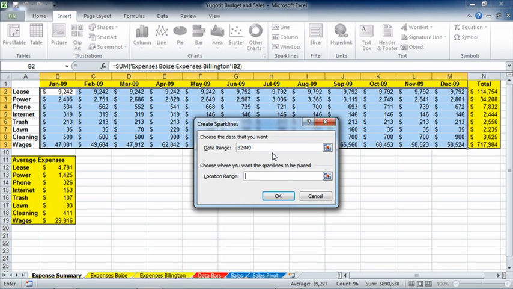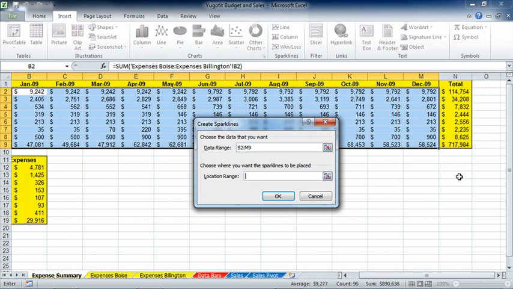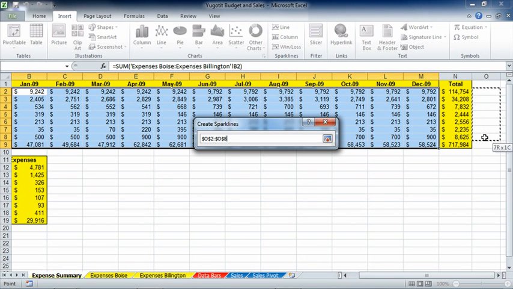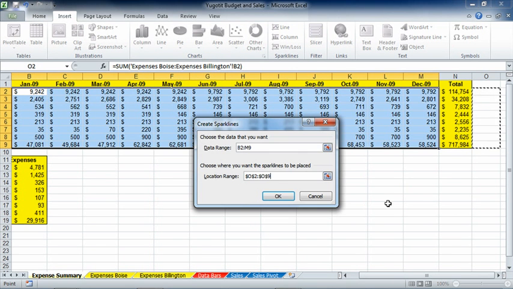A little box is going to come up and it's going to say, where do you want me to put your results, your location? Well, I'm going to scroll just a little bit over to the right, and I'm going to place these in the cells directly after the totals. So this is going to be '02 and go down through '09. That's all I have to do. I'm going to click OK,